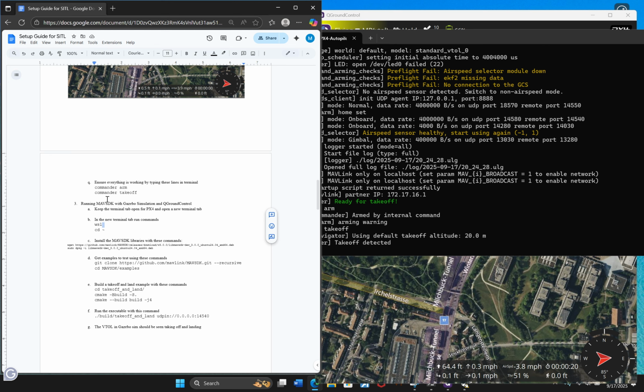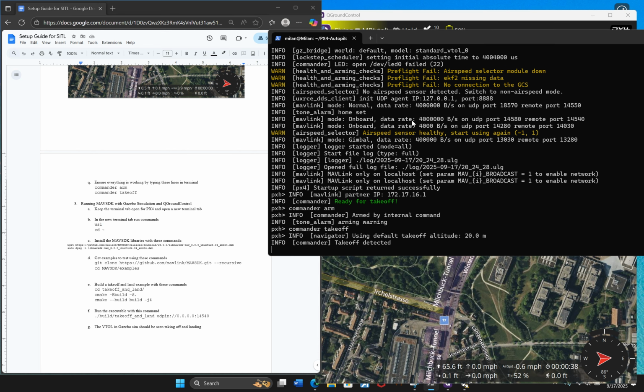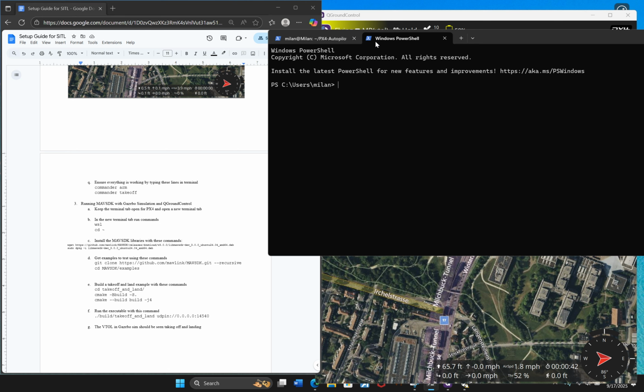So next, what we'll do is we're going to run MAVSDK with Gazebo simulation and QGroundControl. MAVSDK is just the API we'll use to have the drone do different functions like VTOL transition or run a certain mission. So we'll use MAVSDK for that. So keep this terminal tab open for PX4, and we're going to open a new terminal tab. And in this one, we're going to open WSL again, and we'll go to our home directory,